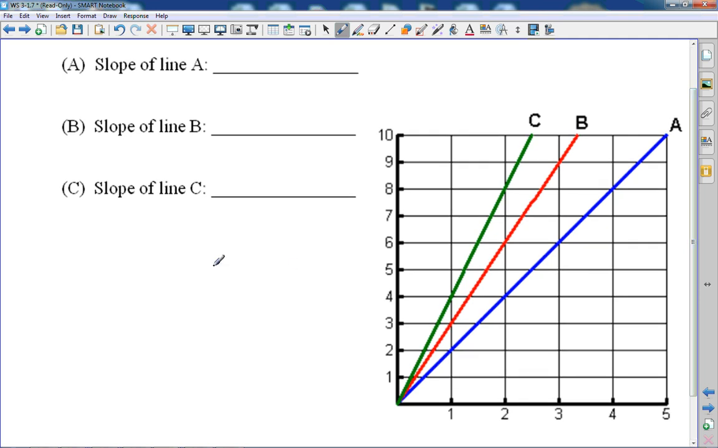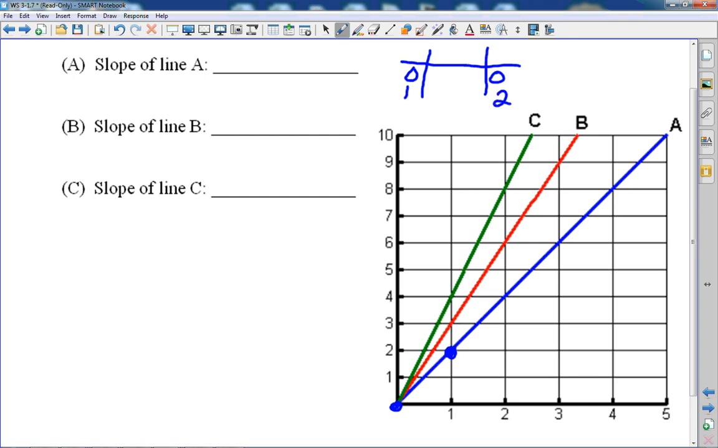We're trying to find out what the slope of line A is. Well, here's line A. I'll use blue for this. What I would do first is go over to 1 and go up to where my line is. There's my line. There's a point. They all start at 0, 0. So you could put in 0, 0, and then the other point is 1, 2,